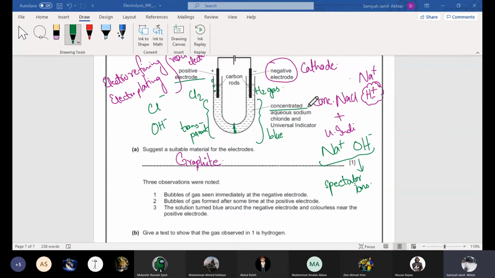That's why it's transparent. And the diaphragm is the reason why chlorine forms after some time, because chlorine will take time to move from one compartment to the other. In this one there is brine solution, hydrogen comes out from here and chlorine comes out from here. So two types of gases are formed, chlorine and hydrogen. Sodium hydroxide, remember, is formed on the cathode side. All of this is because of this membrane, and this membrane is also charged. That's why it allows only sodium ions to pass through it.